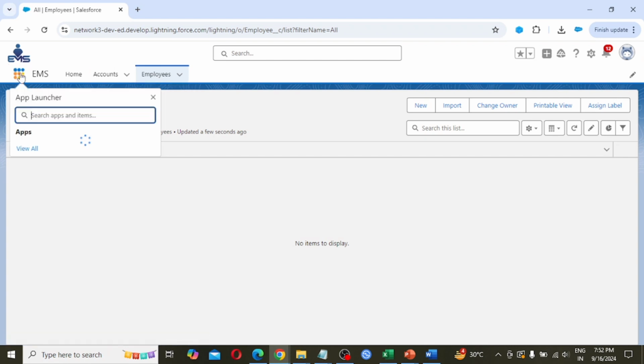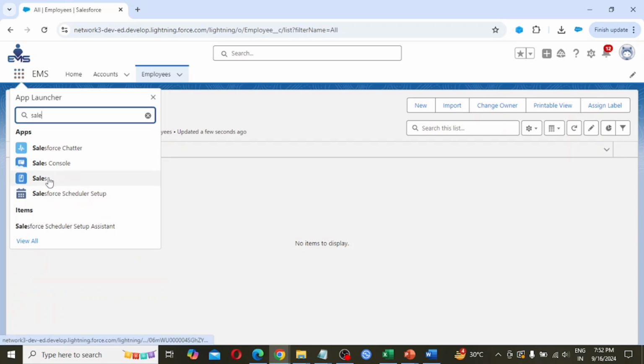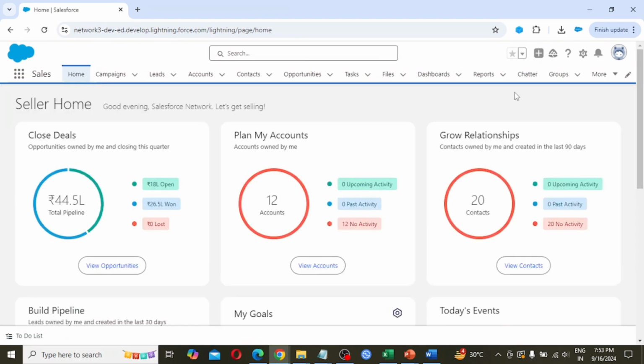If I go to the Sales app, which is provided by Salesforce, and click on More at the right side, then we are able to see Employee.